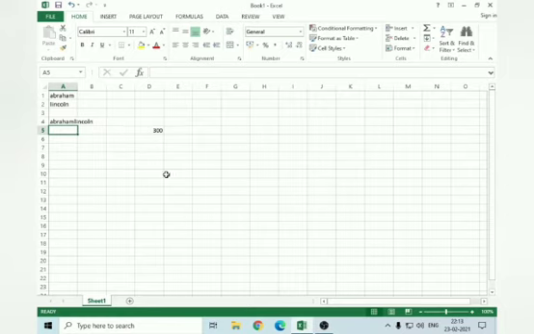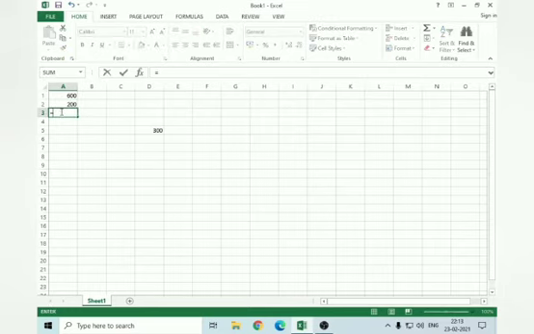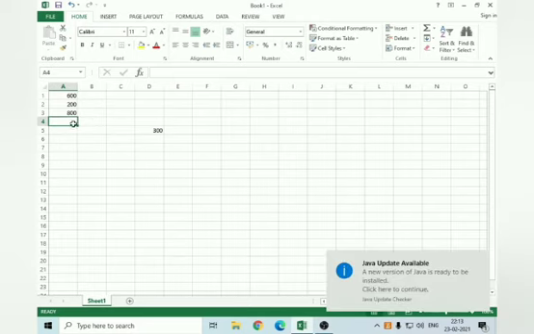Now we'll try with numeric formula. Numeric formula allows you to perform arithmetic operations. For that, select A1 and type 600 and select A2 and type 200. And here we will add two cell values. For that, type formula A1 plus A2. So arithmetic addition is used now, so you get 800.